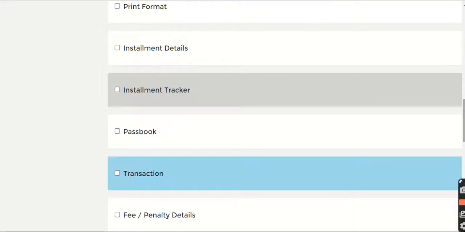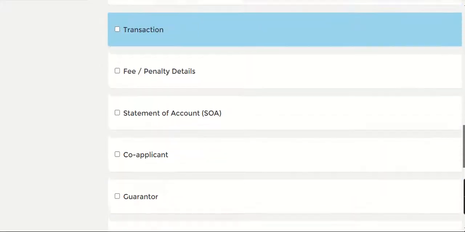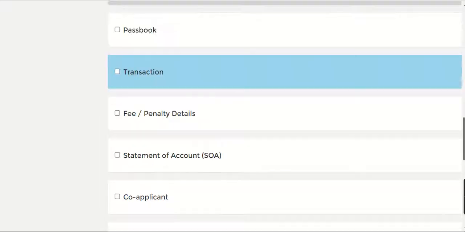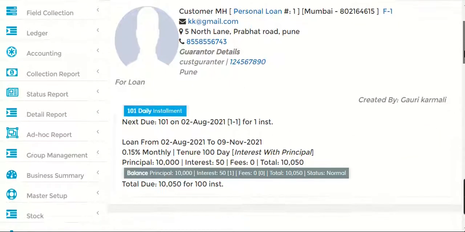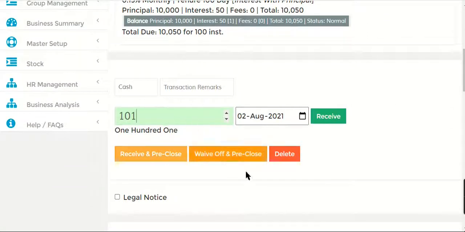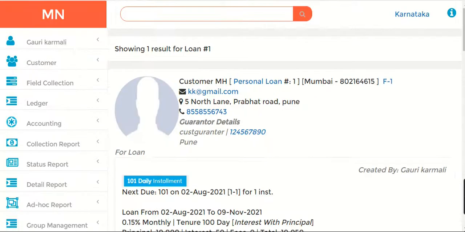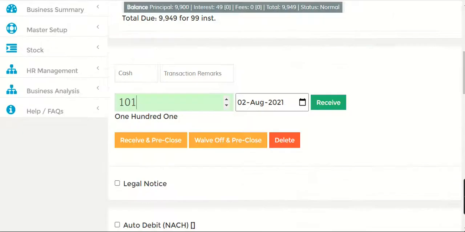Now say, for example, you are in your office and the customer MH comes and wants to pay the repayment, 101 repayment. So what you do is, you say he is paying by cash. You just click on cash and then say he's coming on 2nd of August, that is today only, and you just receive this. So what is the effect of that receive is, when you just search for the loan,